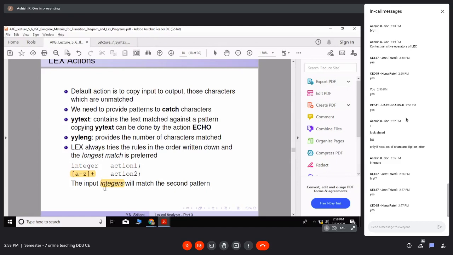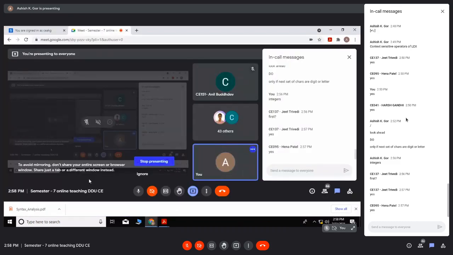One might think that integer would match the first pattern and action 1 would execute, and then S would match the second and action 2 would execute. But that is not going to happen, because the length of integers is 8.